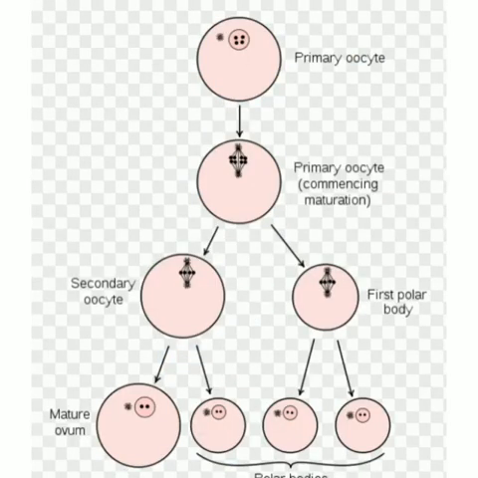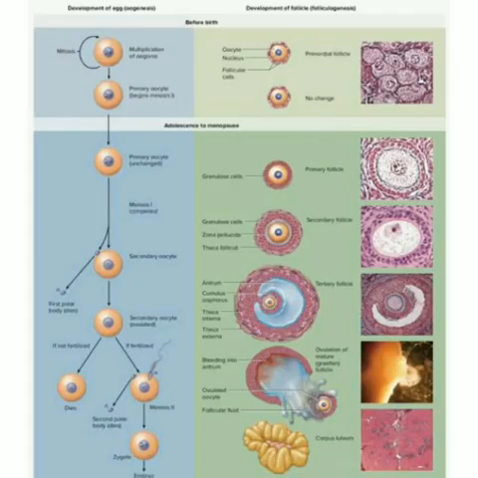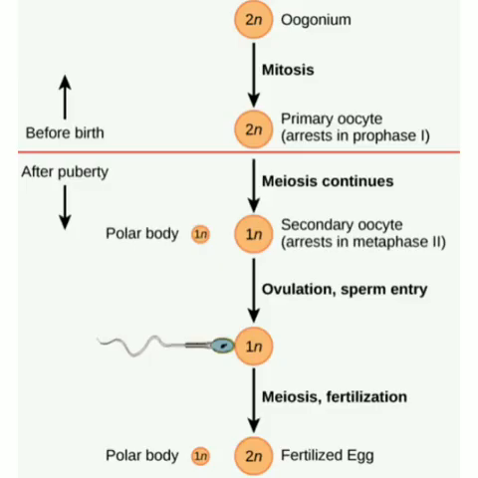This primary oocyte then gets surrounded by a single layer of granulosa cells to form primary follicles. The primary follicles get surrounded by many layers of granulosa cells to form secondary follicle. A fluid-filled space, the antrum, develops in the follicle and gets transformed into a tertiary follicle. At this time, the primary oocyte within the tertiary follicle grows in size and completes its first meiotic division and